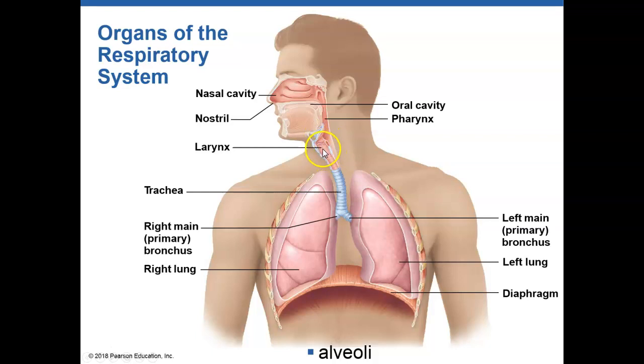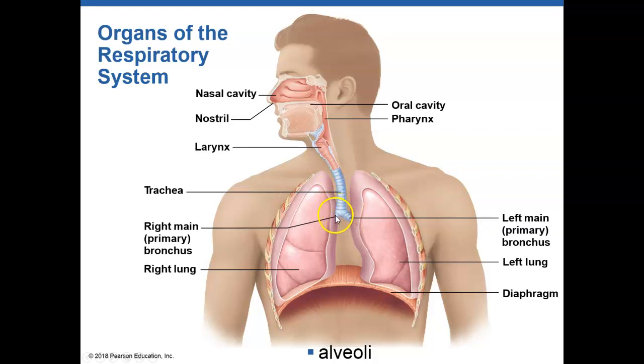The larynx is also known as your voice box. There's a little flap here called the epiglottis that's going to close whenever we swallow to help keep food and drink out of that larynx. The larynx leads into the trachea. The trachea is also known as the windpipe, and it has cartilage rings surrounding it on 3 of the 4 sides, not on the posterior aspect. The C-shaped cartilage helps to keep the trachea open so that air can flow into